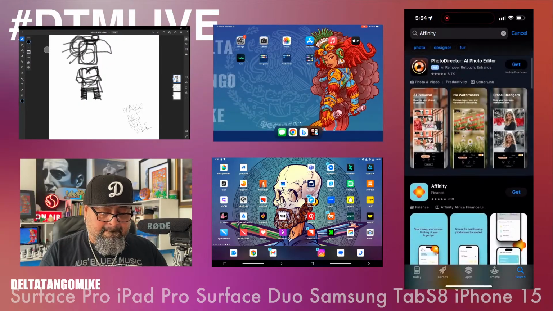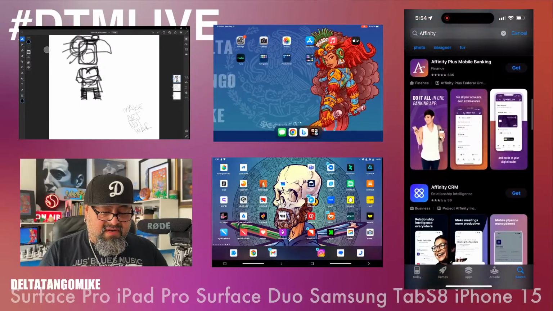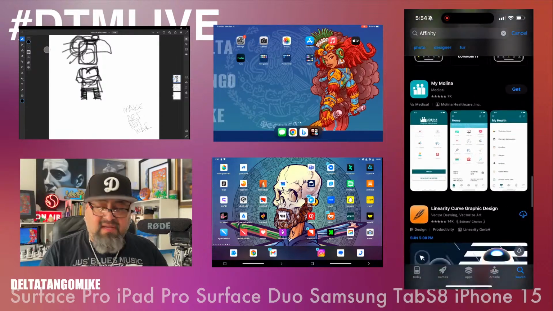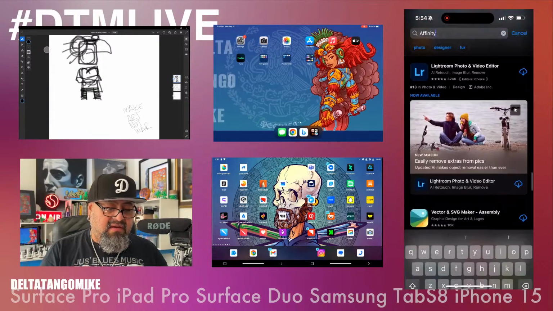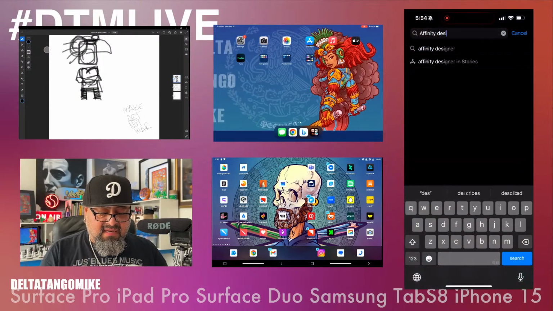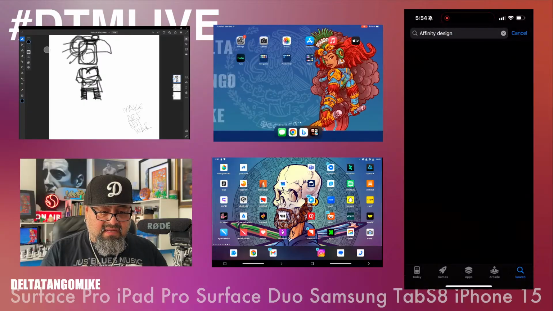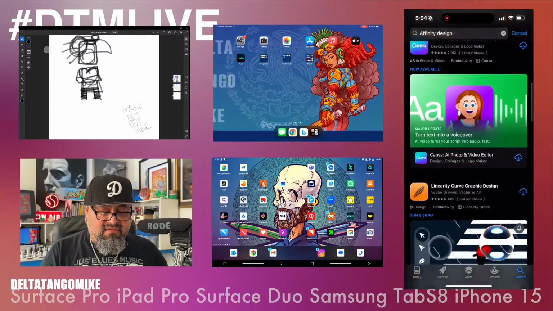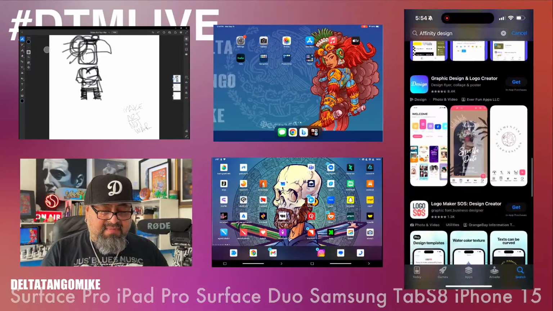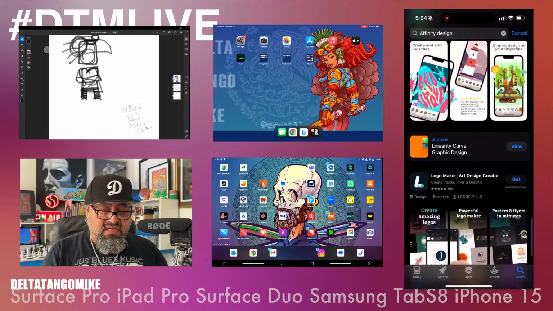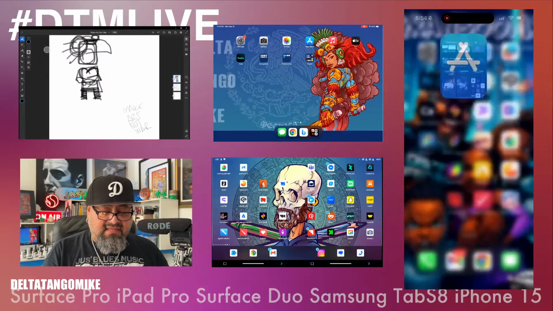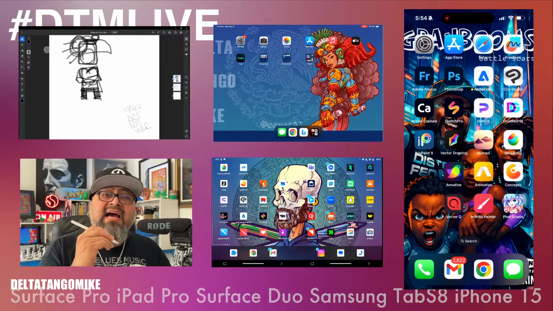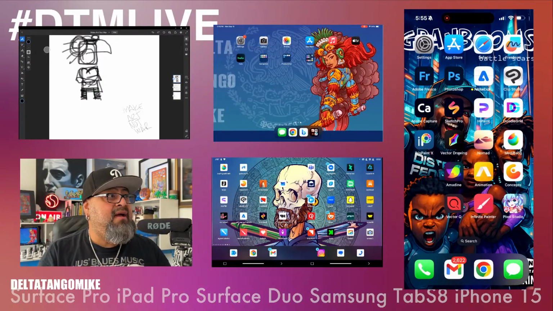Oh, Affinity. No, they don't have those. Affinity Design. No. They don't have a phone version for it. That would be cool because you can do vectors in Affinity Design. And talking about vectors, I would like to have a vector app on the phone,